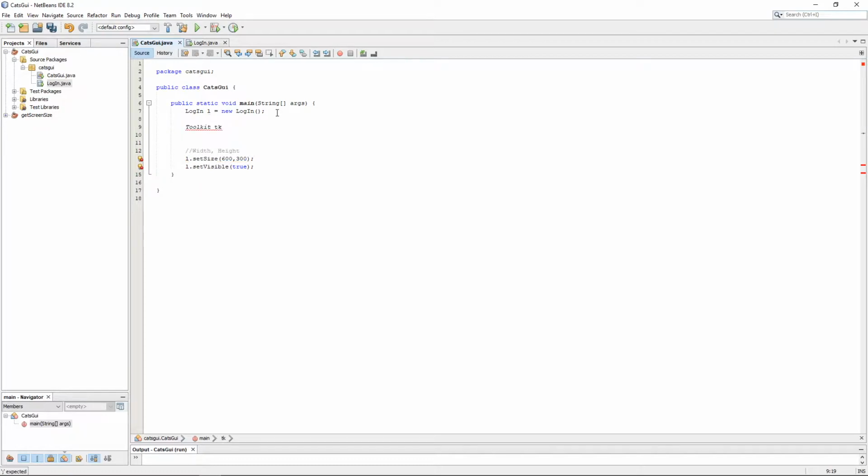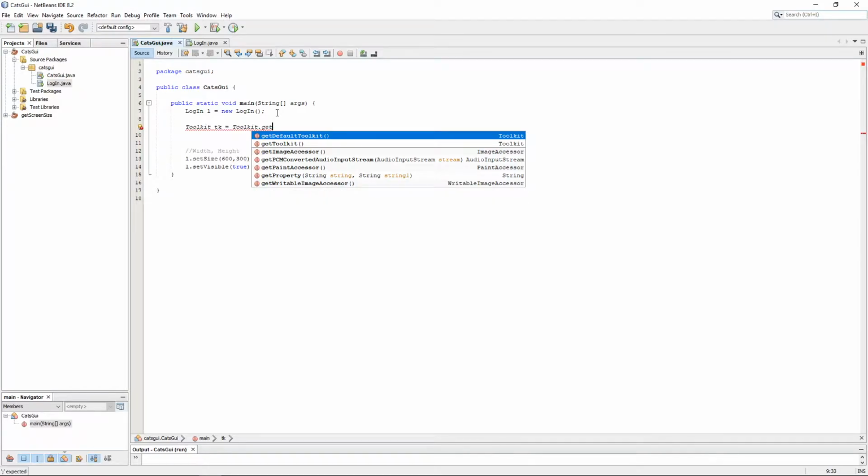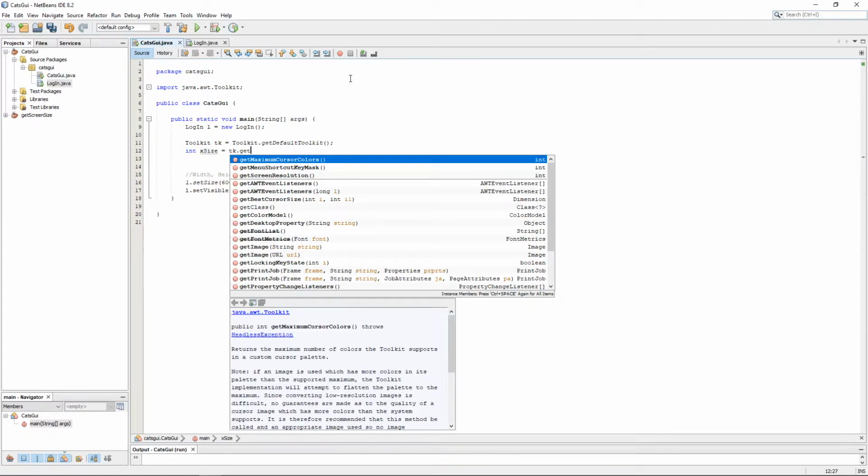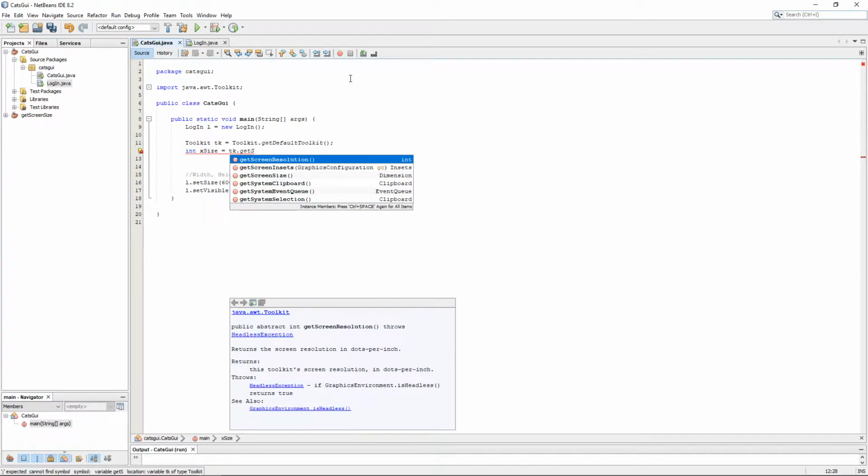I'm going to just put tk equals dot get default toolkit is what I want. So this is going to be using the toolkit from AWT. So I'm using the AWT selection of tools, I'm using the toolkit from it. So I'm creating a new toolkit. I'm going to do int, and then let's go with x size. So that's what I'm going to do. X size equals, now we're going to do tk dot get screen size